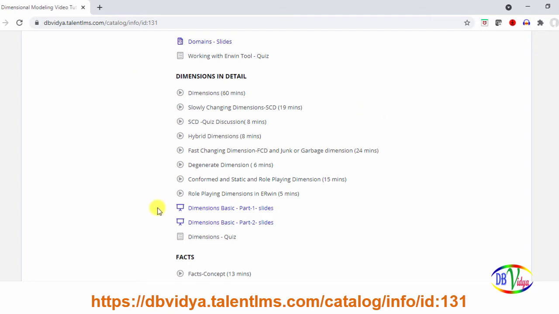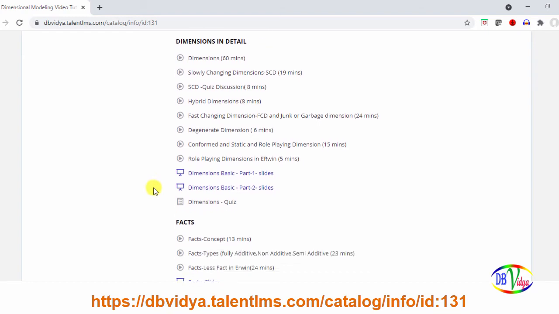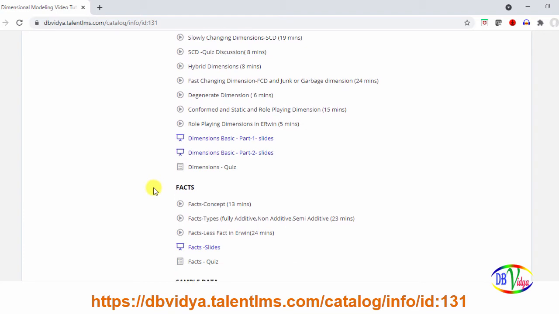All these things will be discussed with an example. Suppose a business requirement is given. How do you identify whether to go for a fast changing dimension or a slow changing dimension, or if it is a slow changing dimension, type 1, type 2, type 3, which one you have to design, or is it a hybrid dimension? All those things will be discussed with examples, and in the banking case study which I have taken, you have to identify the dimensions also. So theory and practical go hand in hand.